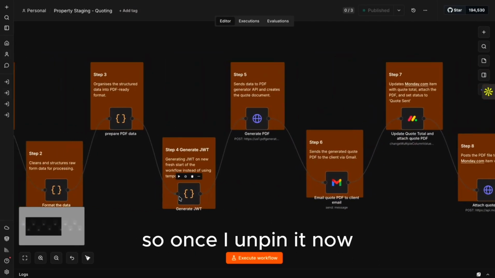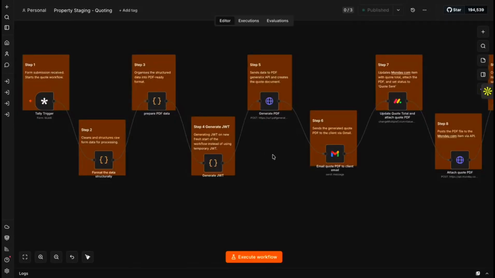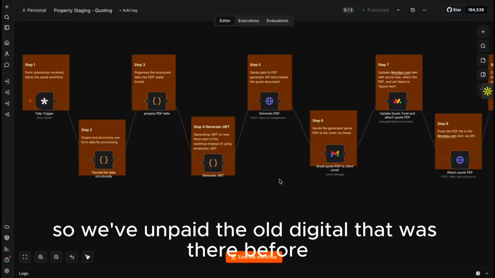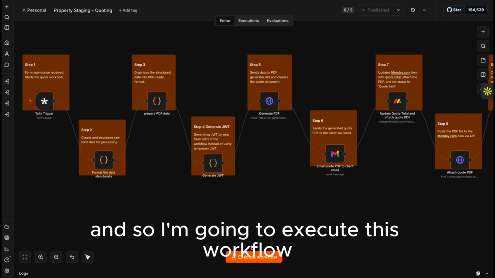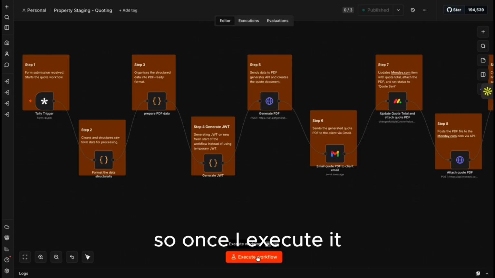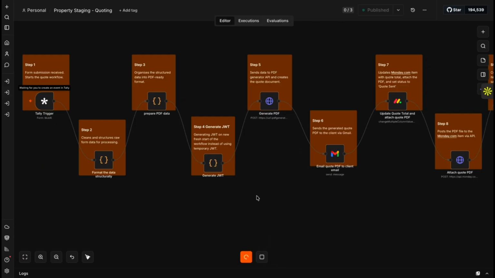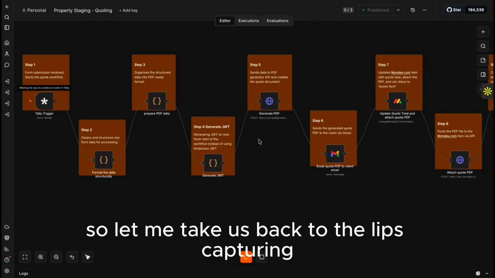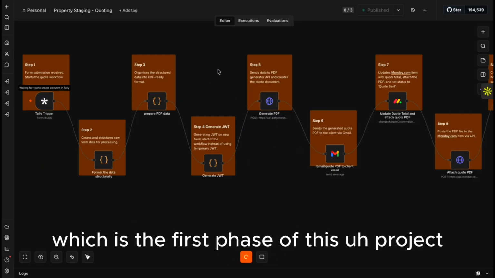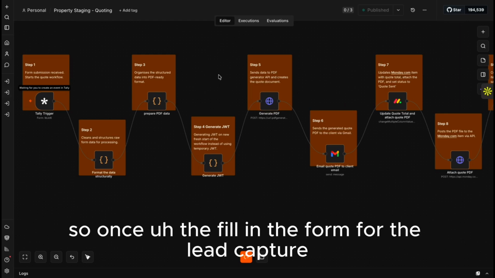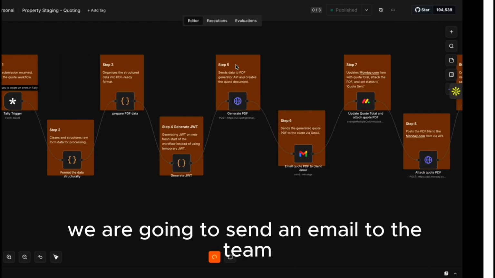So once I unpin it now, all right, we've unpinned the old data that was there before, and I'm going to execute this workflow. Once I execute it, let me take us back to the lead capturing, which is the first phase of this project. Once they fill in the form for the lead capture,